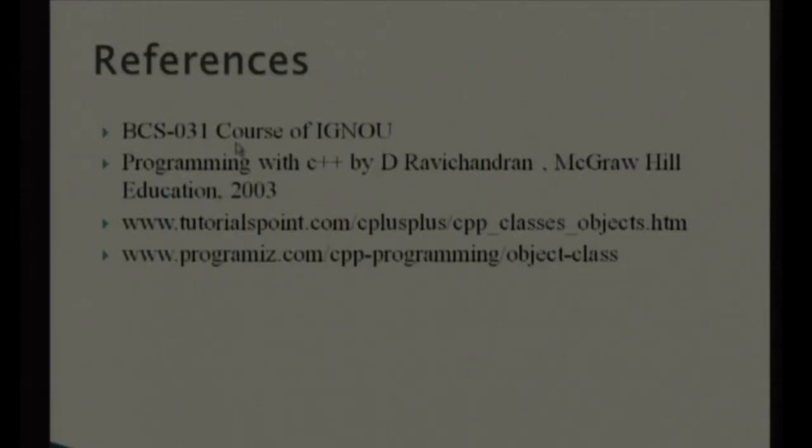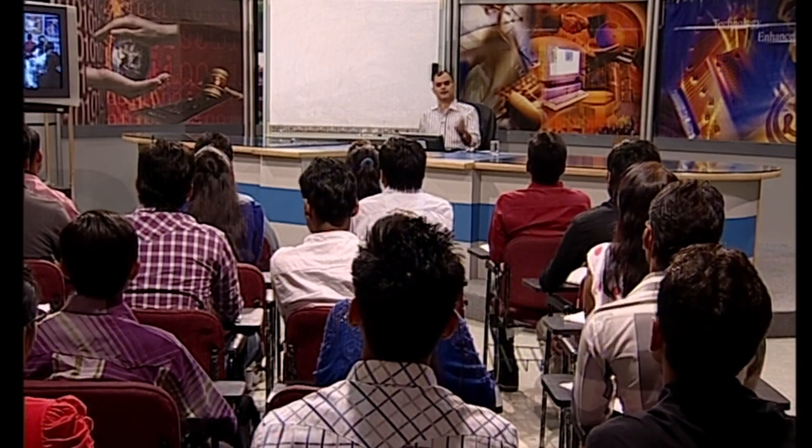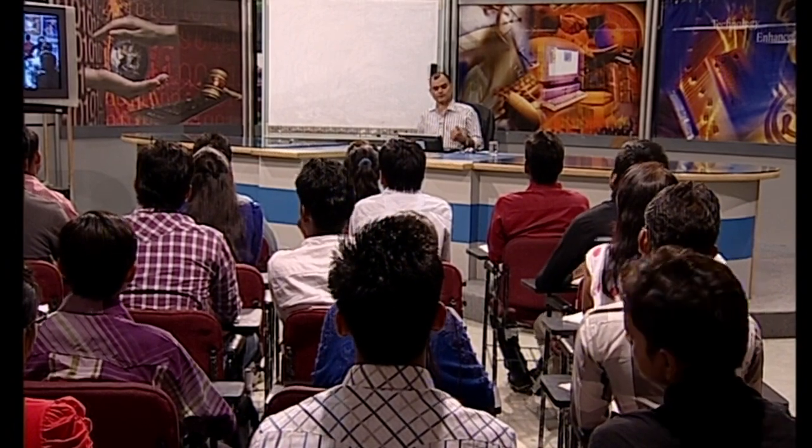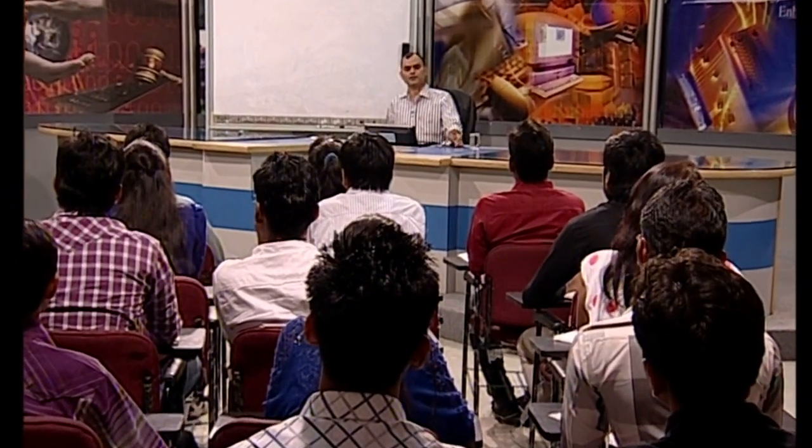So, these are the references which you can refer to for this lecture, and you can even go through some tutorials which are very beautifully written on the net. These two tutorials are the references I have used for the discussion with you, and the programming book which I have referred to for this lecture is the D. Ravichandran programming book. This book basically covers the basic things of programming in the beginning, as we are discussing, and then it talks about object orientation. Many other books and materials are available, you can see the references of the BCS 1 material also, and you can find many things